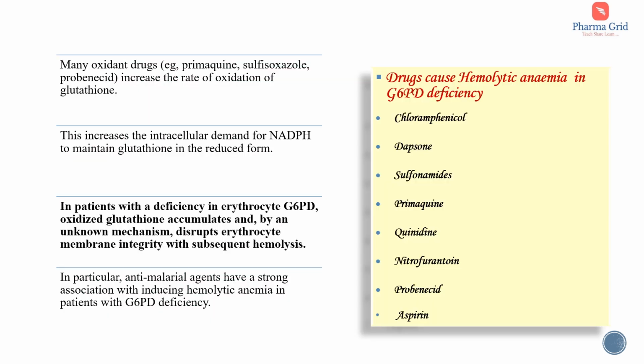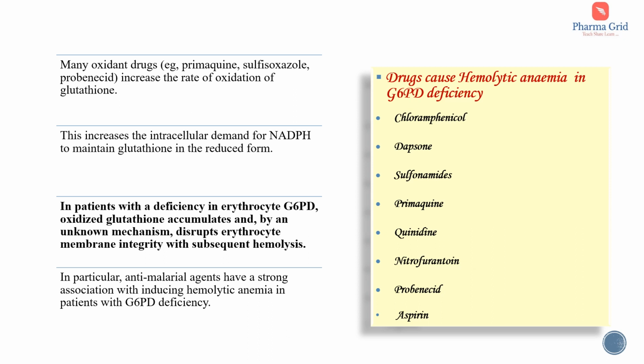Many oxidant drugs, for example primaquine, sulfisoxazole, probenecid, increase the rate of oxidation of glutathione. This increases the intracellular demand for NADPH to maintain glutathione in the reduced form. So in patients with a deficiency in erythrocyte G6PD, oxidized glutathione accumulates and by an unknown mechanism disrupts erythrocyte membrane